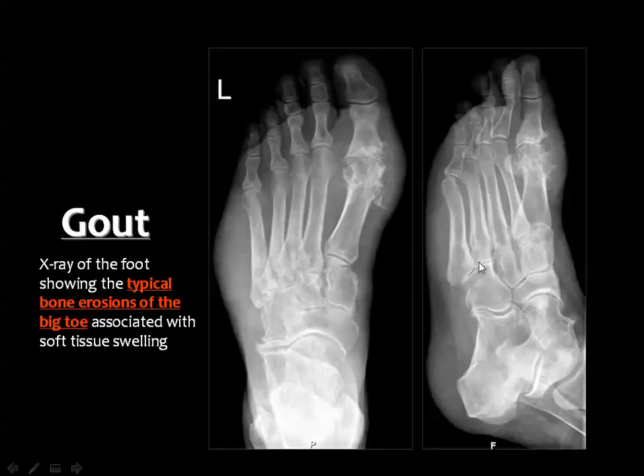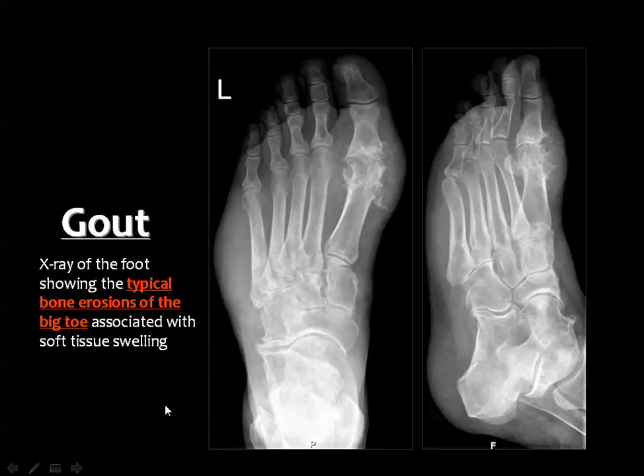One of the common sites for gout in the body is the metatarsophalangeal joint of the big toe. The crystal deposition will occur here near the joint line. There are sharp erosive changes, and later on the joint will be narrowed